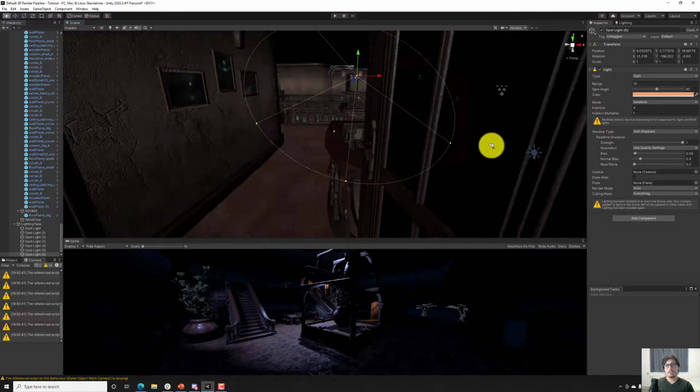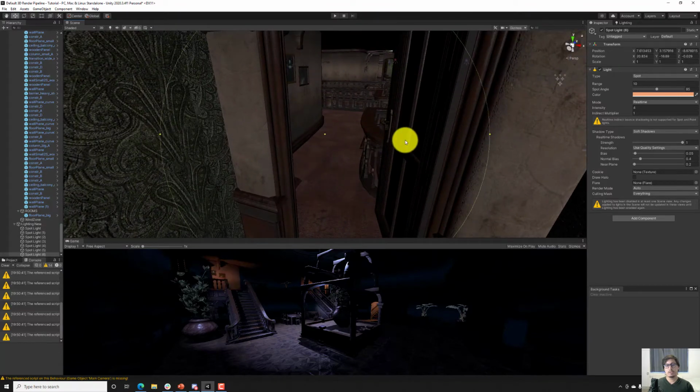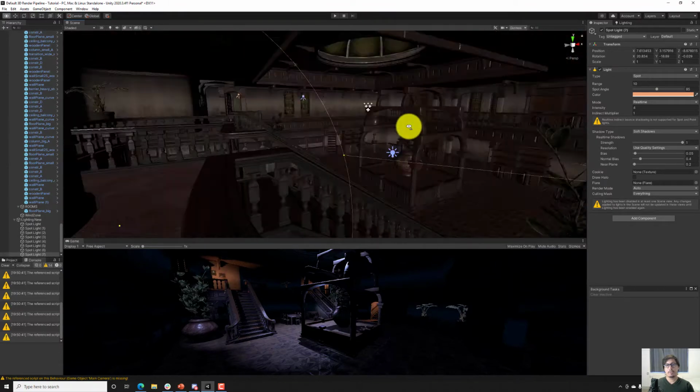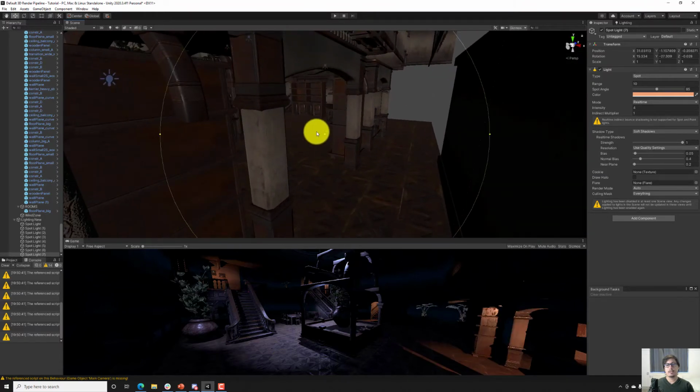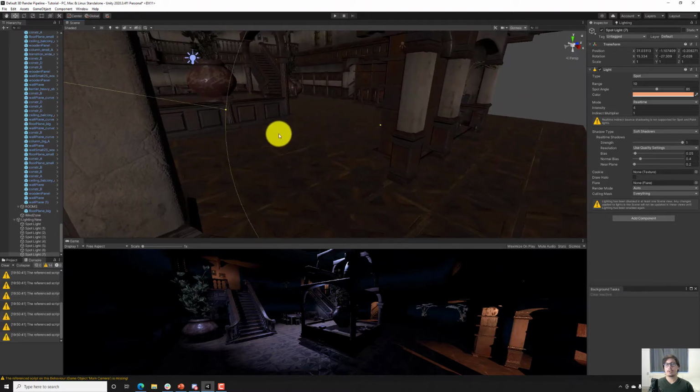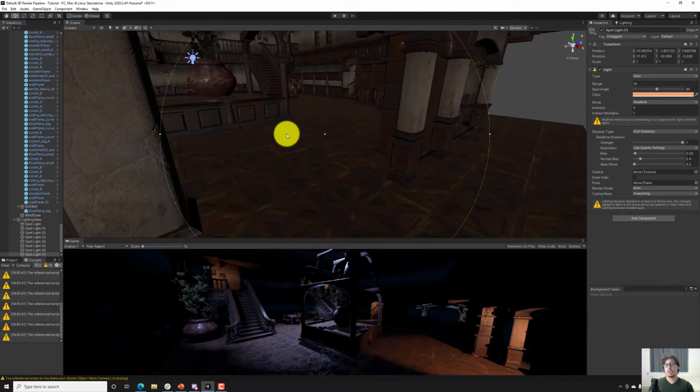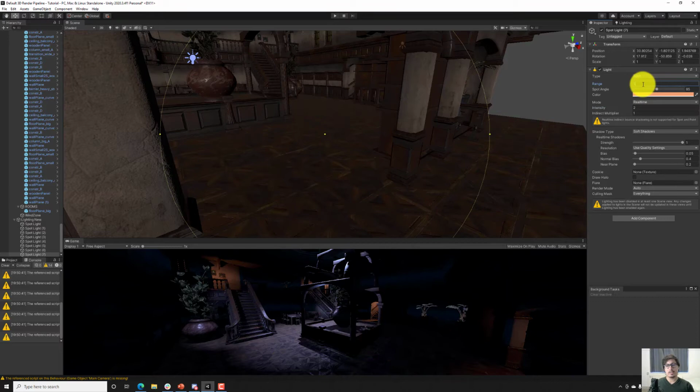Maybe we have one in every door, so the player knows things are happening everywhere. Maybe we want to have one in the back here. Personally, I wouldn't do that, because now it becomes too much. It works, but it can be too much. We might do a dimmer version that could work to emphasize the area a little bit,